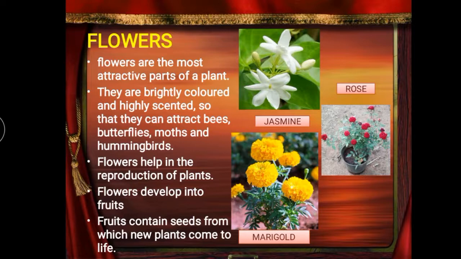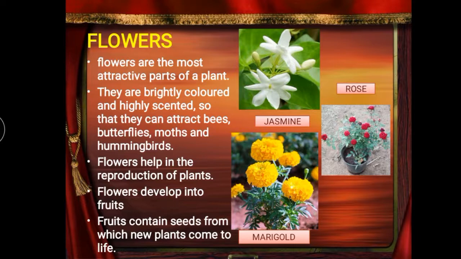We can see a flower bloom if we plant a bean plant, or let's say brinjal, or any fruiting plant, not a flowering plant, a fruit plant. First the flower bud will come, then the flower will come, after that a small fruit comes from the flower. Did you notice that? Have you ever noticed? If you have time, try to notice it. From the flower a small fruit will come out.